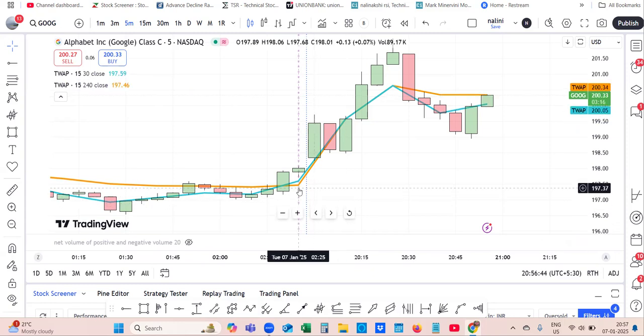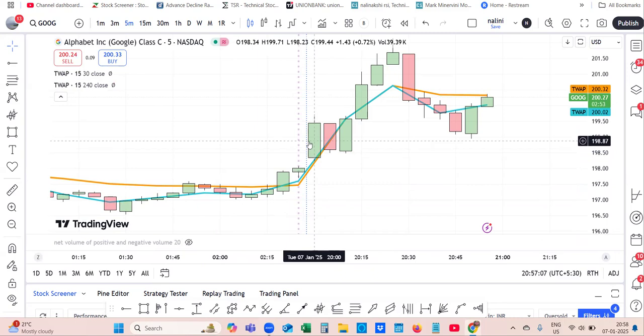Even on the previous day, the Google stock showed the crossover here, almost while closing the market. Now today it opened gap up. This is the first candle. After the first candle, you can see they are running